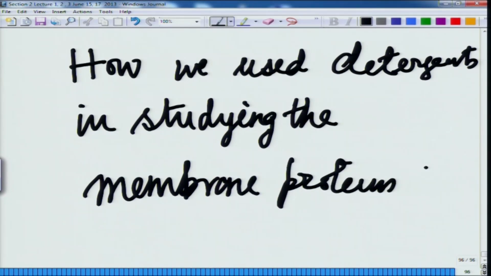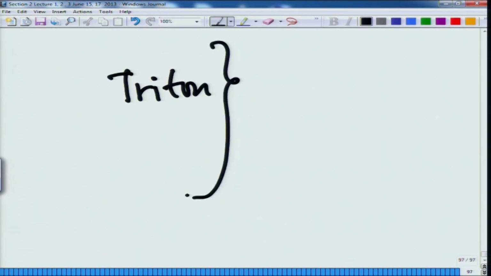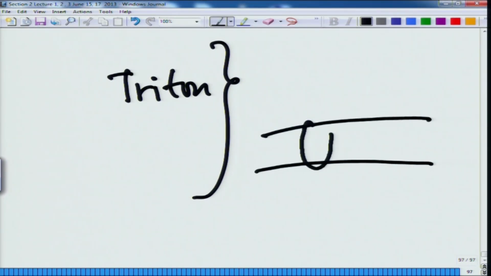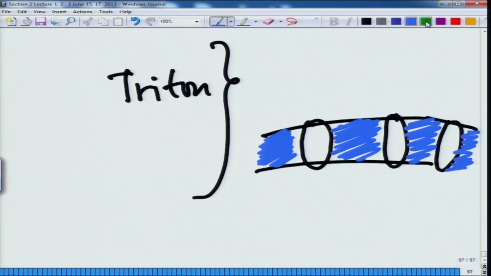Some examples of the detergents which I talked about in the last class were Triton and a few others. What they exactly do is this: say this is the membrane, and you have these membrane proteins sitting here like this. Let me give another shade. What you are seeing in blue is the lipid bilayer, and the green are the membrane proteins